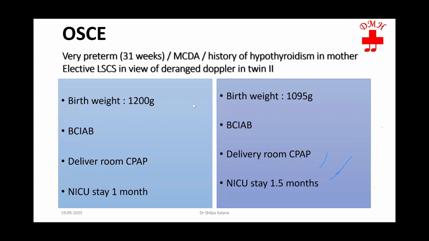Okay. Now another case, a very preterm baby at 31 weeks. These are two babies born at 31 weeks of gestation, MCDA twins. There is a history of hypothyroidism in the mother. It was an elective LSCS in view of deranged Doppler in twin 2. Twin 1 weighed 1.2 kg, twin 2 1.095 kg. Both babies cried immediately after birth, had some distress, and were put on delivery room CPAP. The first baby stayed in the NICU for a month and the second baby stayed in the NICU for 1.5 months. Okay. Now the question is,